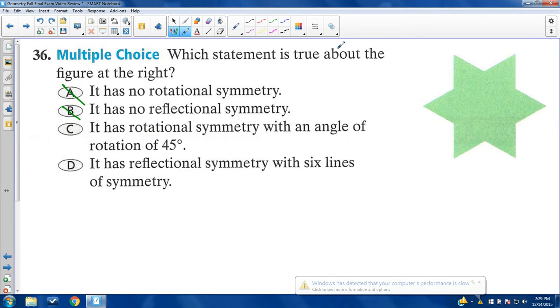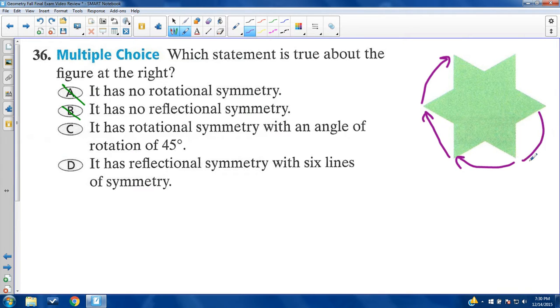rotate this a certain amount, meaning when I rotate this amount right here, I will have created the same object that I did before. Now, how many rotations does that take? 6. So what's the angle of rotation? Okay, really that's the question. How much am I rotating each time here? What is that? Well, if there are 6 of them,